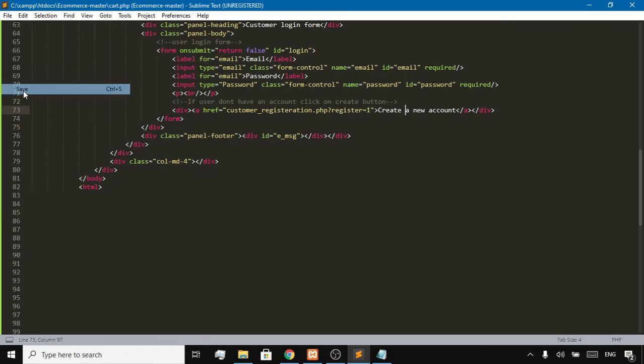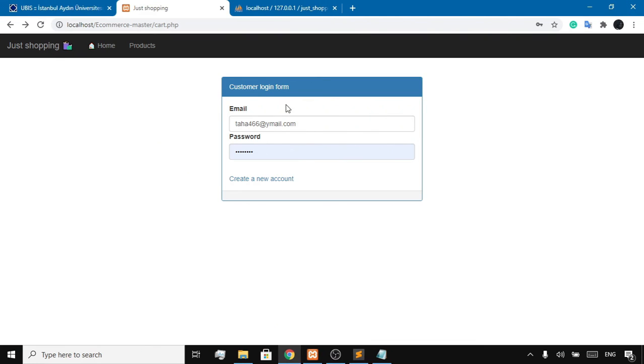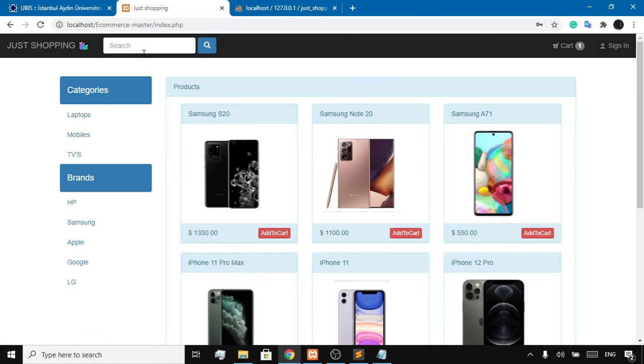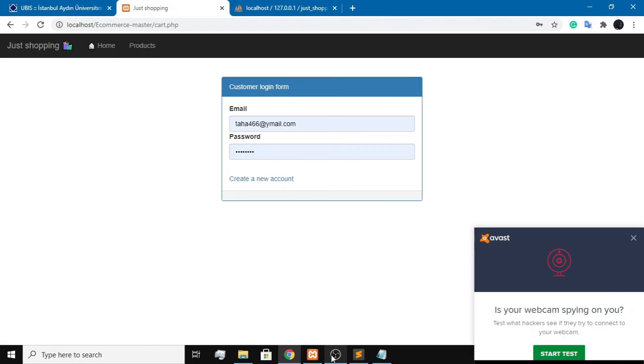Yeah, let's save it and check once again. Yeah, as you can see, it's here. Customer login for the email, the password. This is when you add the product here in the cart. I already added the product from the beginning here, as you can see. This is the login form. If you already have an account and you're registered to the site, you can enter directly. But if you don't have an account, you press here, which takes us to the